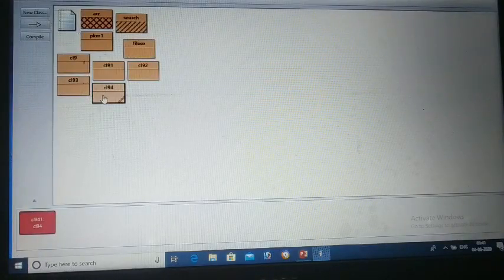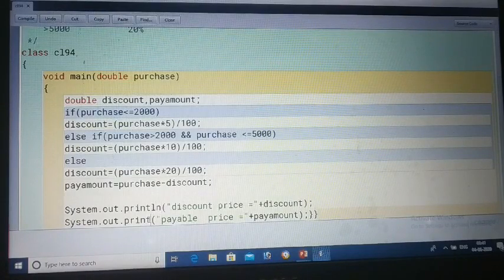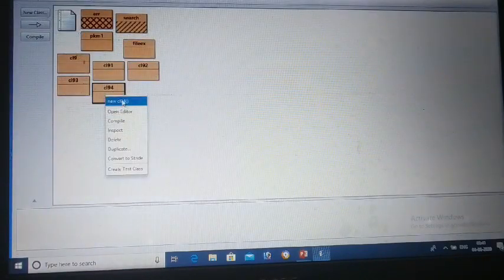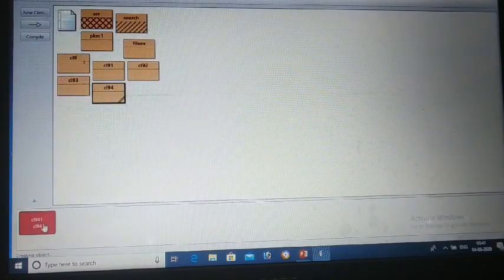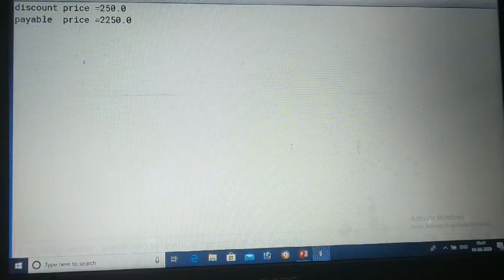First we will change the line also, then we will see our result. So we have changed the line. Now we will see the result. See, we have given, suppose 2500 we have given. See the price.